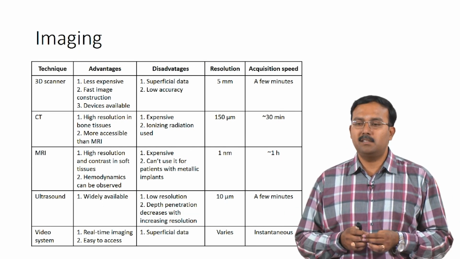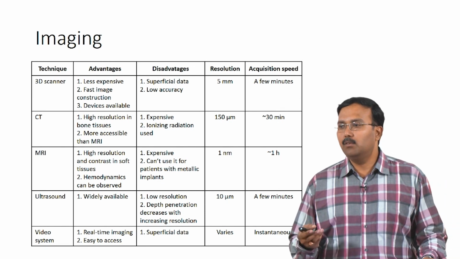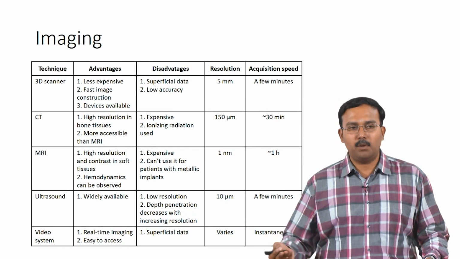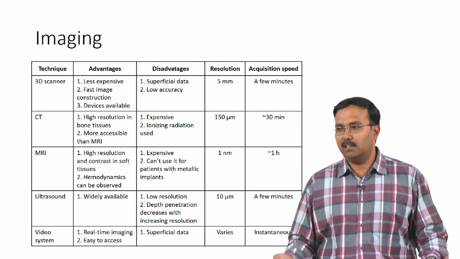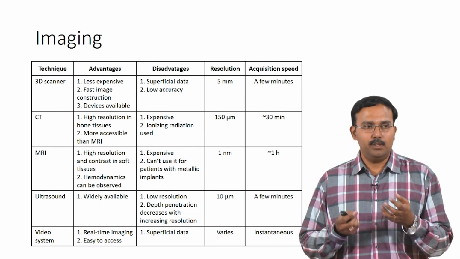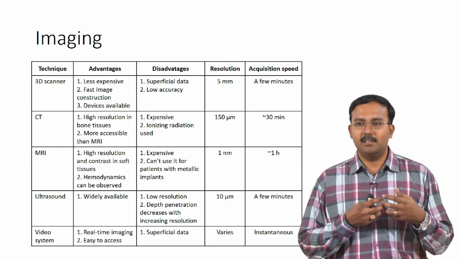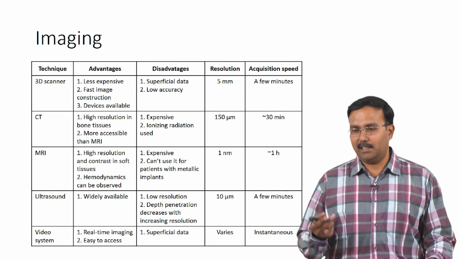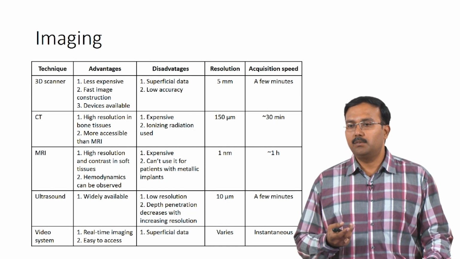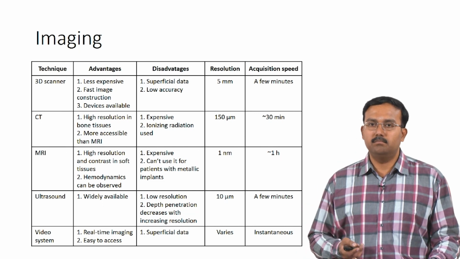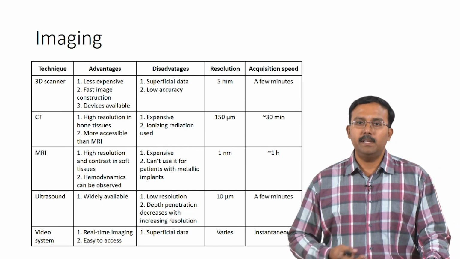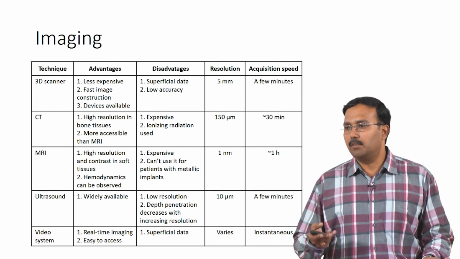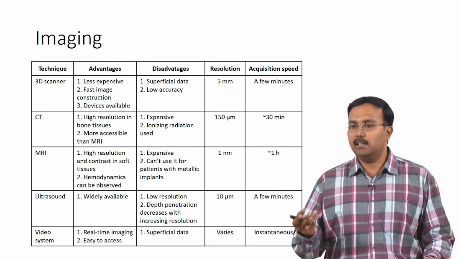The problem with this is that it's very low accuracy. It will give only about 5 millimeter accuracy, but you are getting such fast processing, so you will have to compromise on the scanning ability. If you are going to use a 3D scanner for tissue microarchitecture, you are probably not going to get any information. 5 millimeters is too large a resolution to use for biological tissues, but the acquisition speed is very high. So this can be used primarily for non-living structures. If you only have macro structures, then this kind of scanner might actually work.